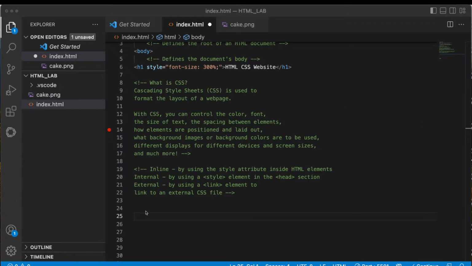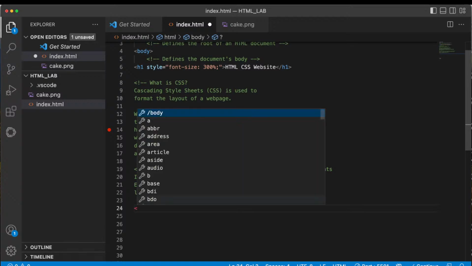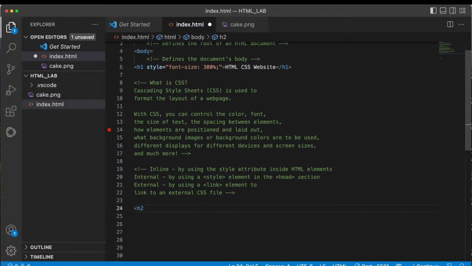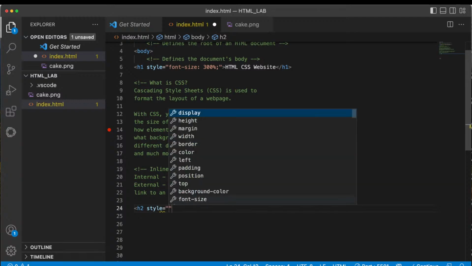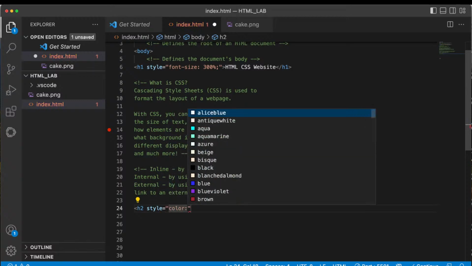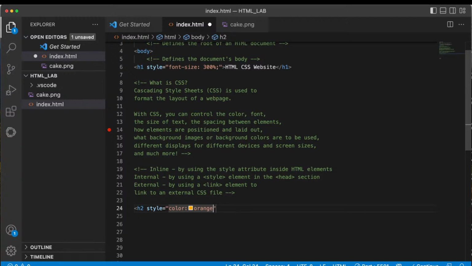For example, let's say I wanted to make a little section here in H2, and then to use the CSS, I just call the style right there, and then let's say I want to set this to a color, and you've probably already seen this before, especially if you saw previous videos of mine. Then you can say, an orange